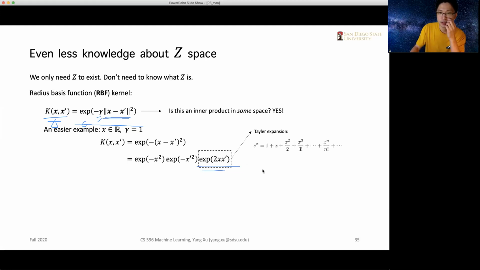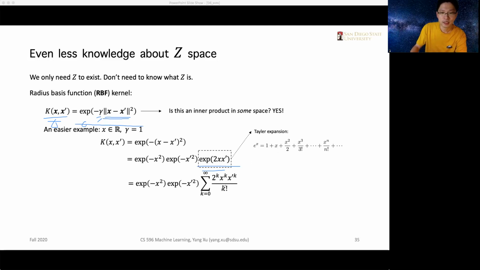If we use the Taylor expansion of it, because the natural base raised to the power of x can be expressed by the Taylor expansion here, and if we replace it into the original term here,